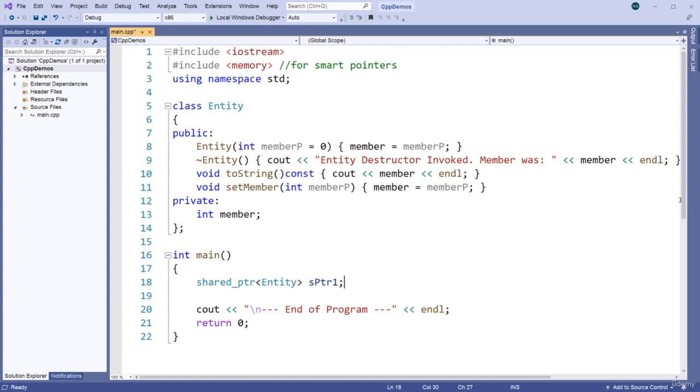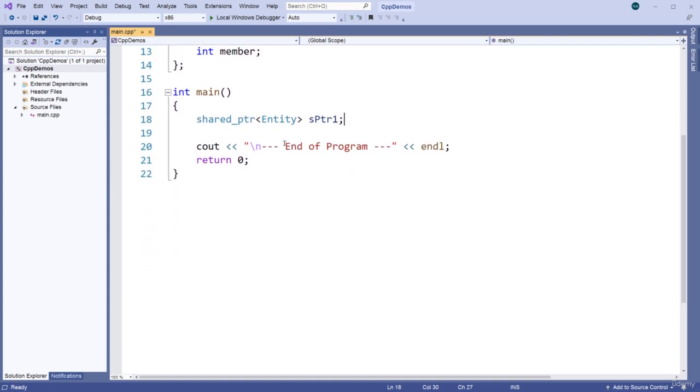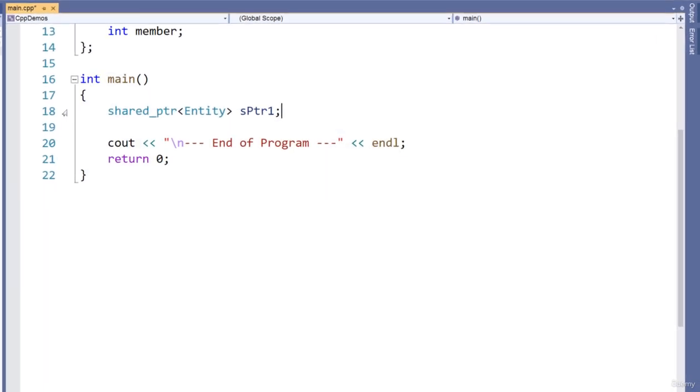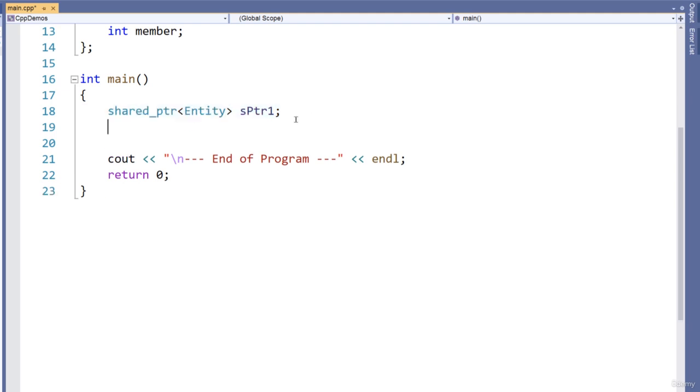For this next example, I've cleaned up the main function a bit, so I'll just go back down to that. I want to talk about the getMember function for the shared pointer. Now, similar to the getMember function for the unique pointer, the getMember function of the shared pointer is going to return the address of the heap object, otherwise it's going to return 0. For example, in this statement, we have shared pointer 1, hptr1, which is of type shared pointer and a passing entity, and